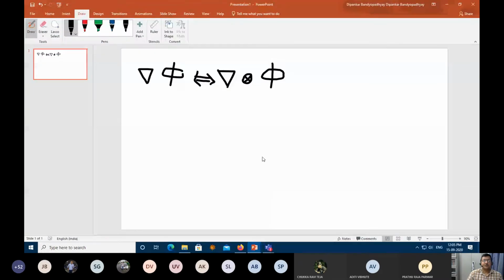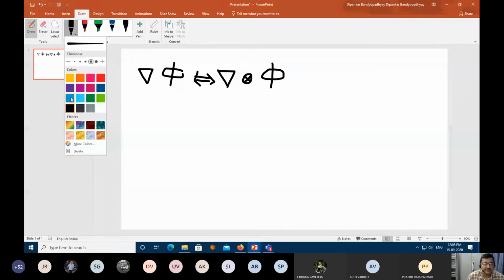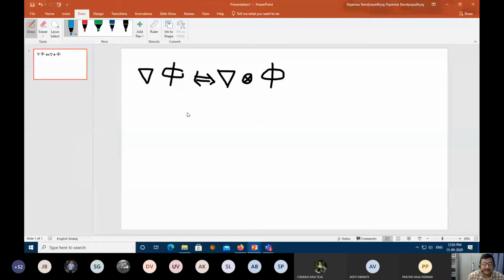Let me just continue. So gradient of phi is leading to what? We can also call it gradient dyadic phi. So what is the example associated with this? We can really get an example. Suppose I have a variable called temperature. Then I can take the gradient of temperature to measure the variation in temperature in a three-dimensional space. What does it mean? This is equivalent to what?